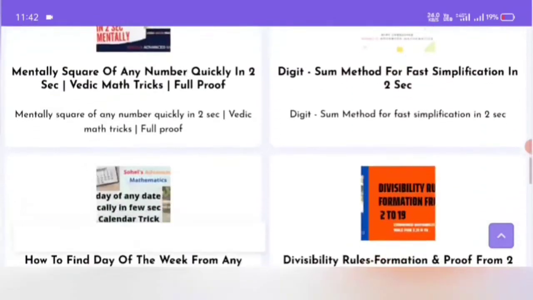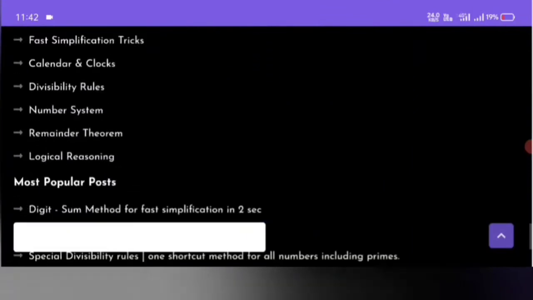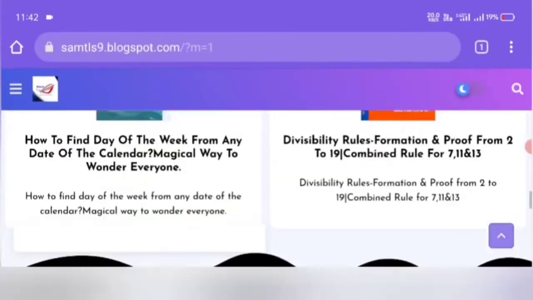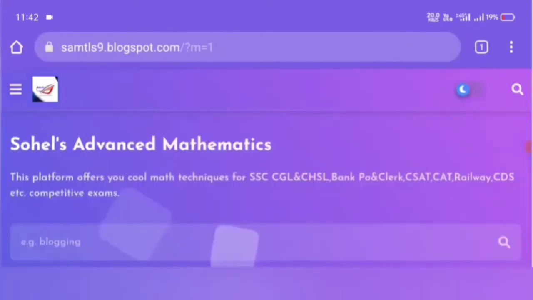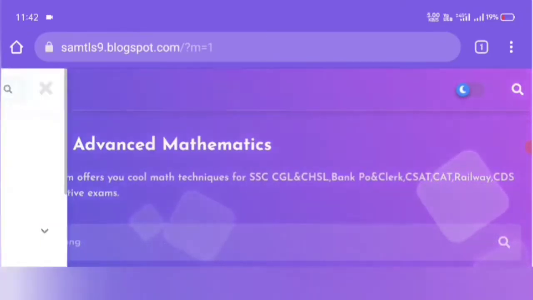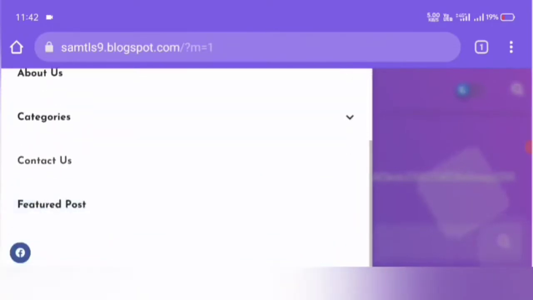How fancy it is, right? Looking good. Okay, these are certain links pasted on it, and you can switch on to dark mode also in this. Okay, great. So just now tap on the left hand top menu button, then scroll down